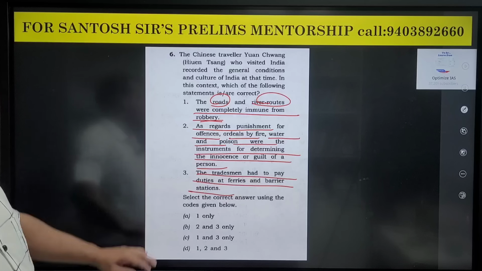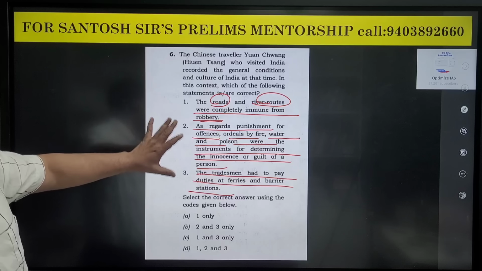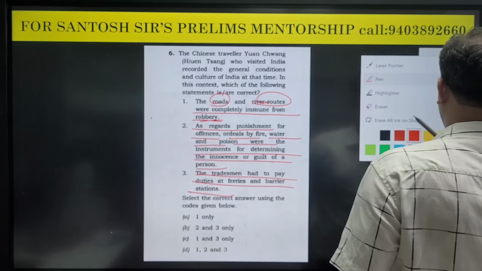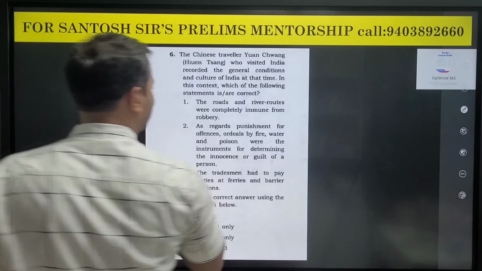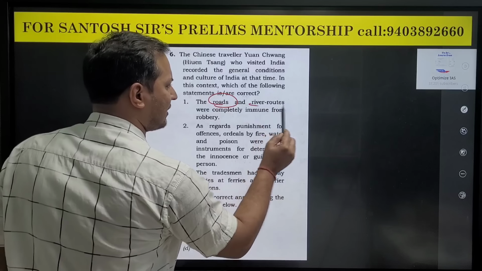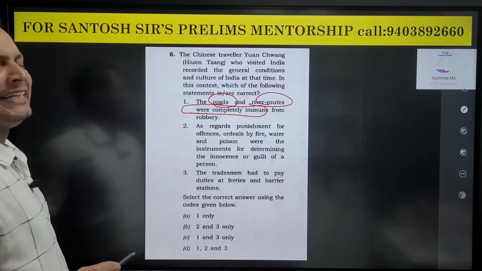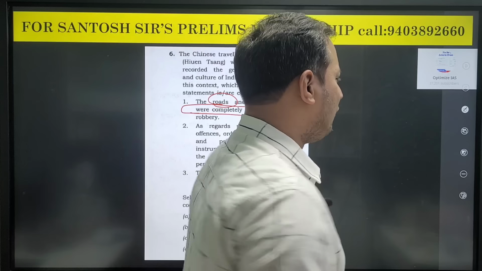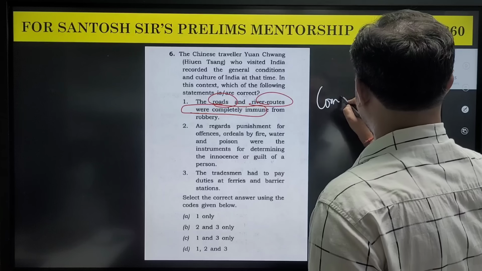Now, obviously this is very factual and difficult to solve, but if you carefully look at statement 1, you will see that it says the roads and the river routes were completely immune. Were completely immune. Guys, when you come across such a statement in UPSC prelims, with words like completely,